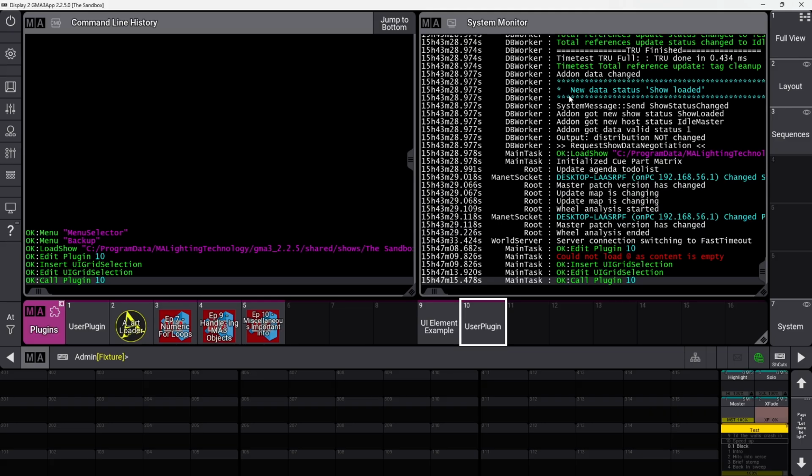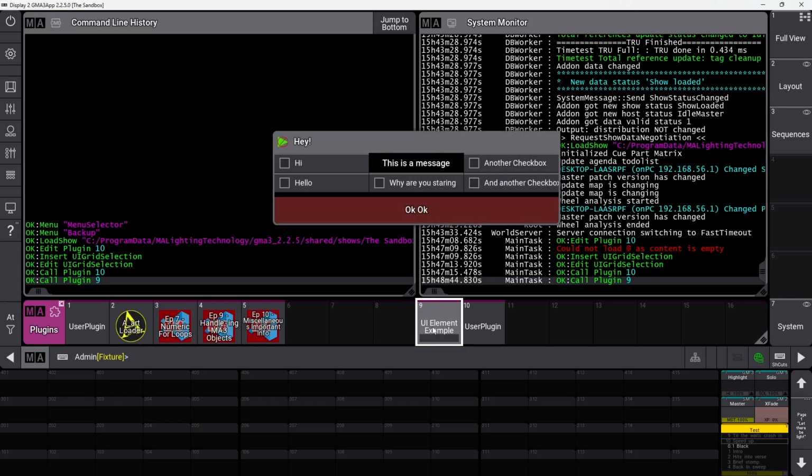When you make a custom UI element, you can make it look however you want, be whatever size you want, and have whatever elements you want in whatever locations. I haven't gotten too complex with them, but take a look at this UI element I created as an example. We've got checkboxes in 2 different rows and 3 columns. We have a message in the middle, and the command button is a different color. There's a cool icon in the corner.